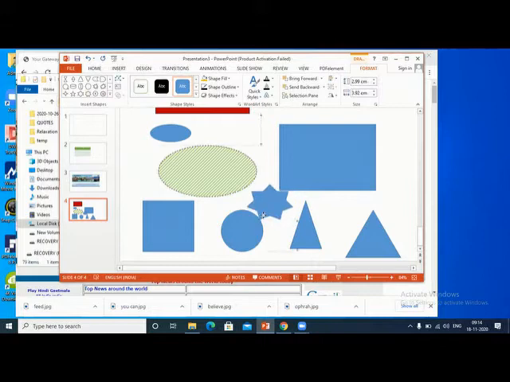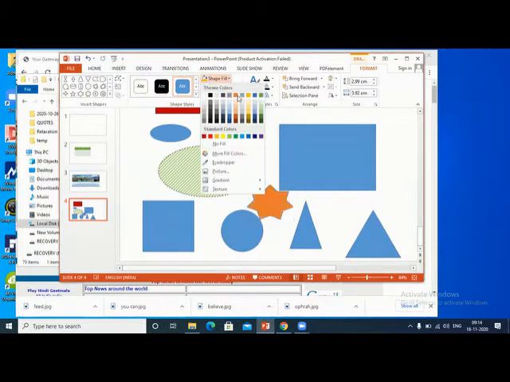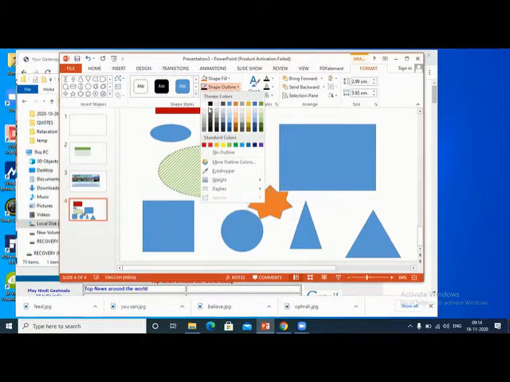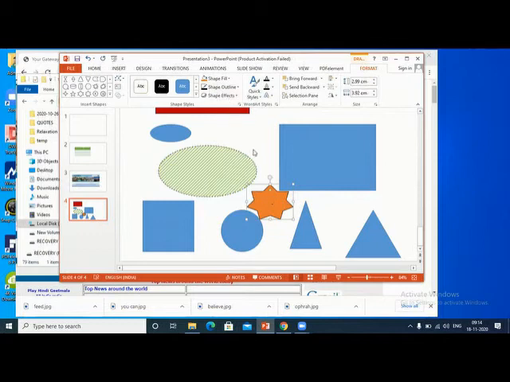So if you want to change the color, select it, change from here. Outline you want to change, you select the outline. Thickness, color. If you want more thickness and other thing, better to go to format and there you can do it. I hope you got some idea now.